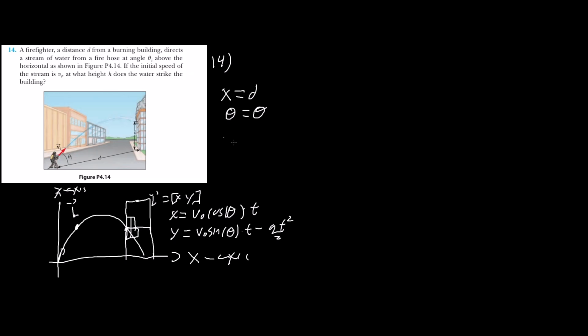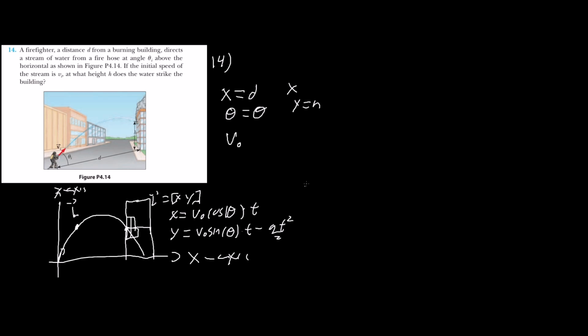If you're given the initial speed, which is v naught, at what height does the water strike? So you're just going to call y equals h in this case, and x be d, which I already did. And so all you're going to be doing is